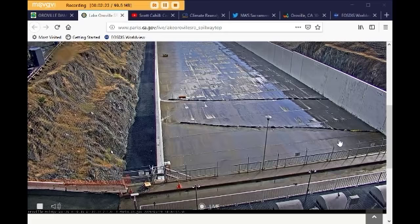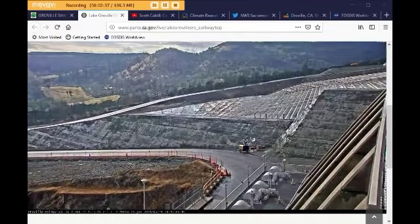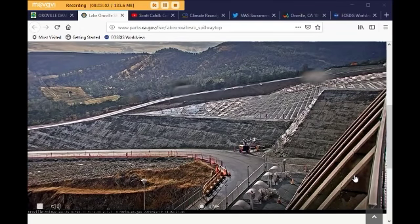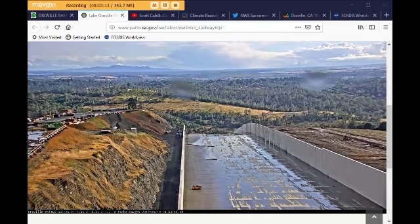And this cam is on 24/7. These are sandbags. This line going across and this line going across, those are sandbags that they put out to divert whatever water is coming through the gates to one side of the spillway, so that they can be inspecting or working or doing whatever they're doing. This view is the side of the emergency spillway. Now here's the gates. This is the front part of the gates. That's what they look like. There are 8 gates. It's a huge operation. I've been learning about all of this. I'm way more involved in this than I ever wanted to be. But I'm here, and